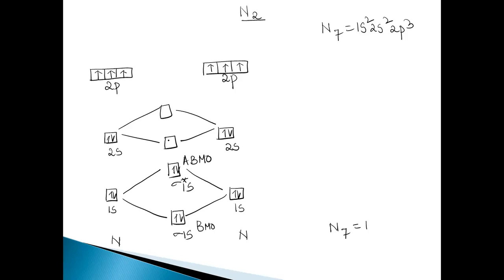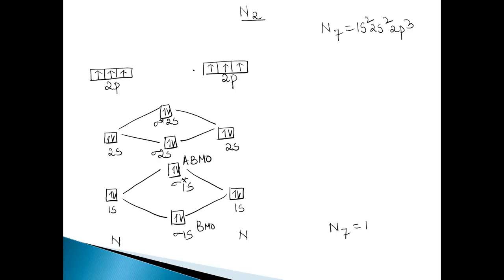Here also there are 4 electrons, filling up of the electrons in the same manner, where I'm naming this as sigma because again the 2s orbitals' linear combination results in the formation of sigma bonding orbital and anti-bonding molecular orbital, sigma star 2s. Let me write it clearly. Sigma 2s, and this is what? Sigma star 2s. This is BMO and this is ABMO.